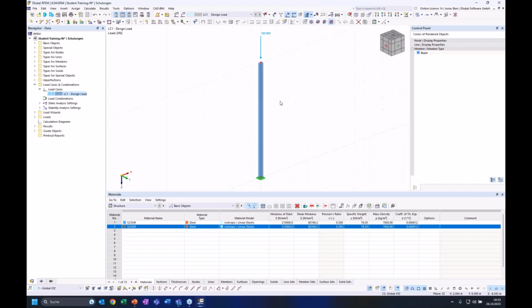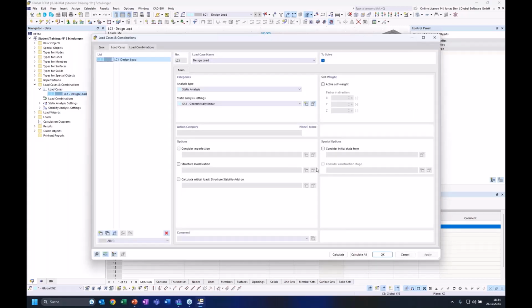Euler case number 1. So for this problem, a slender column under pure compression, Mr. Euler already found an analytical solution to derive the critical instability or buckling load that you might already have learned from in your studies. And we want to see how close we can get to the analytical result using RFEM 6 and the structure stability add-on. And to perform a linear